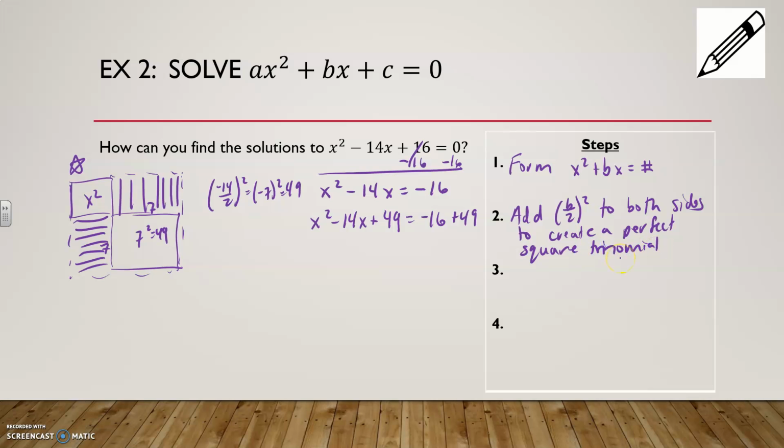Now if we go back to the x box, or the algebra tiles over here, if I want to talk about what the length of this side of the box is, this is really x by x, right? And then we have 7 here. So this side is x plus 7. And this side is x plus 7 as well. So if we want to talk about why this next step happens, and in this case though it's going to be negative because these are negatives, in step 3, we are going to write the perfect square trinomial